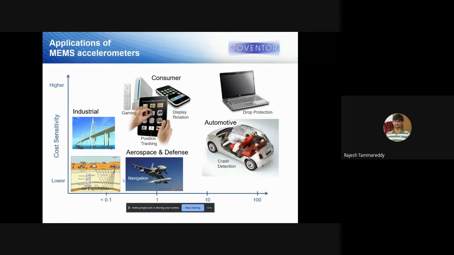The most used are consumer applications, in your cellular mobiles and other things. Suppose you tilt your phone, the image rotates on your mobile screen. Or if you are playing with gaming consoles, like the Xbox, when you move your joystick there is a movement in the game. So how does it happen?